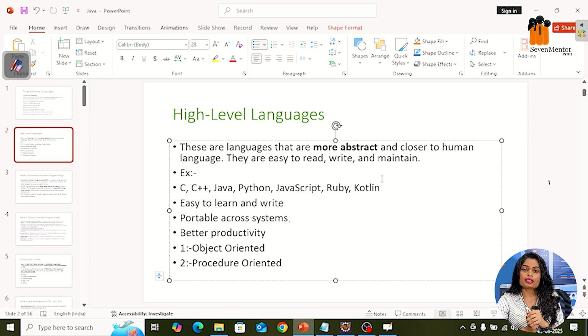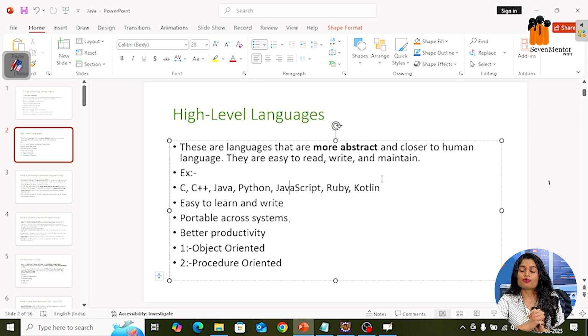But procedure oriented language is basically for small scale programs. It is not used to build applications. Why? Because the procedure oriented language focuses on how the program is executed. It will not focus on whether you are getting output or not. That's why procedure oriented language is not used for large programs. So on the basis of that, another language was introduced, which is nothing but object oriented programming language.